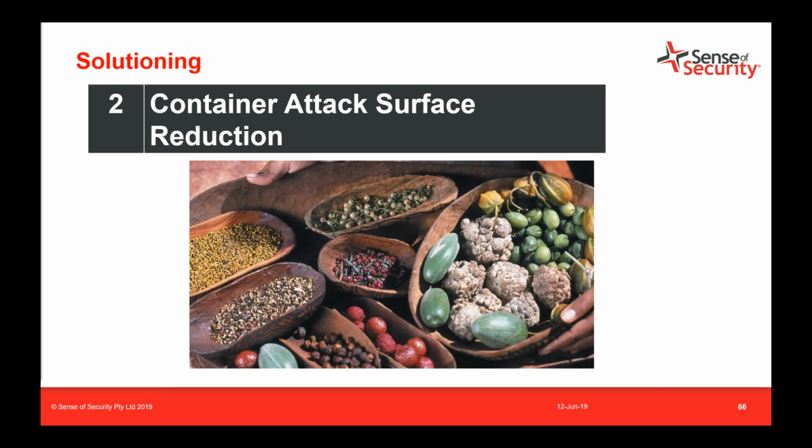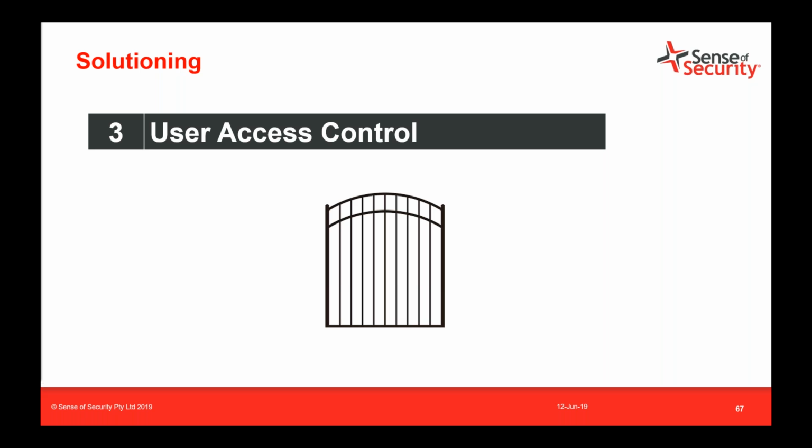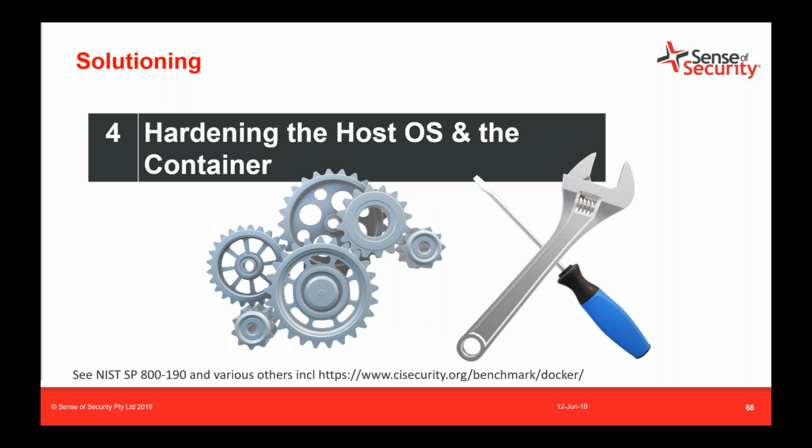Ideally, organizations should not be running inflated container footprints either. You've got to endeavor to reduce the container attack surface, as we mentioned before. So for example, here around user access control, there is no requirement today to have SSH running in your modern container. Therefore, you can implement better user access control techniques rather than just inflating your footprint by running additional binaries that aren't necessary. And then, of course, you've got to harden the container to ensure that you've limited the potential for an attacker to deliver an east-west